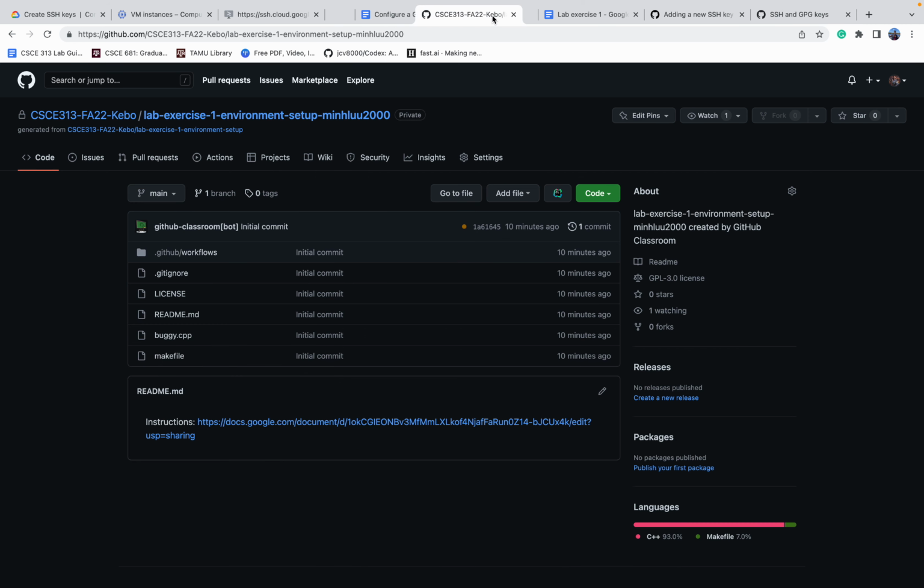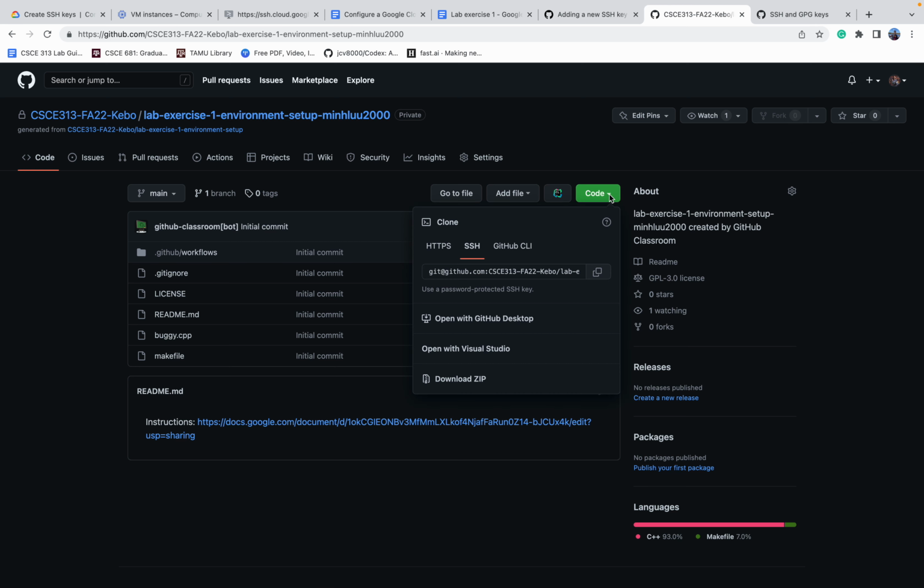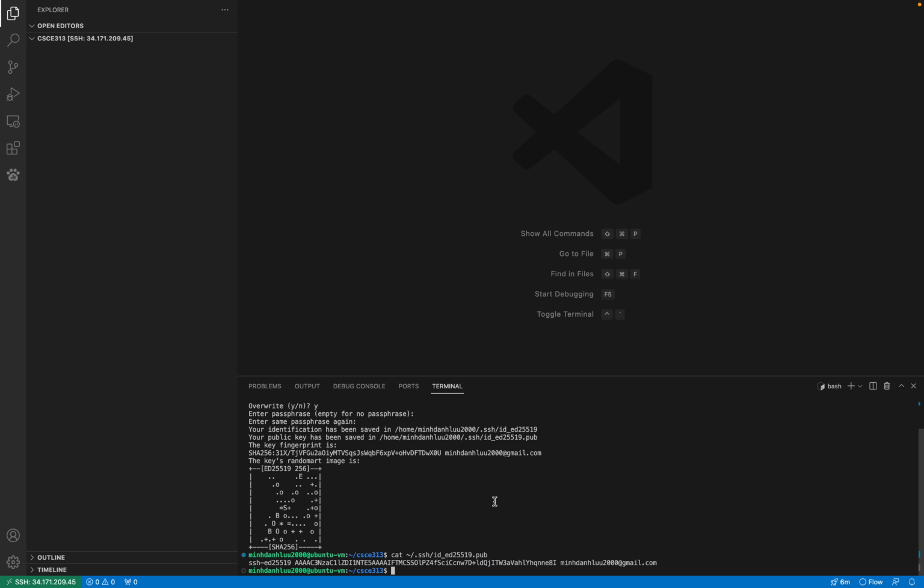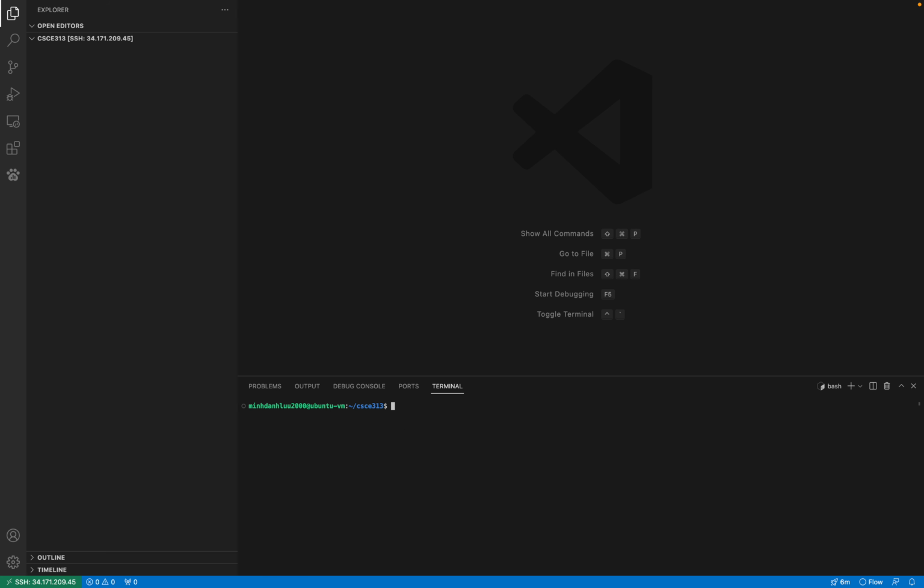So now how do you clone it? Let's say you have this assignment right here. This is LE1, and to clone it, you click on code. Make sure you're on the SSH version. So copy, and then here we clear the terminal by typing clear, so that it's a new one, but you don't have to. And then you type